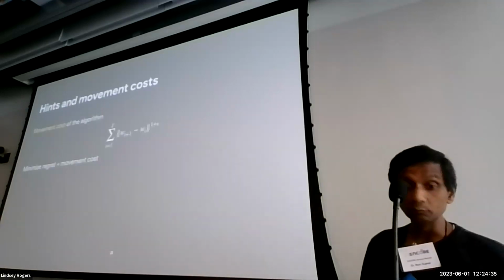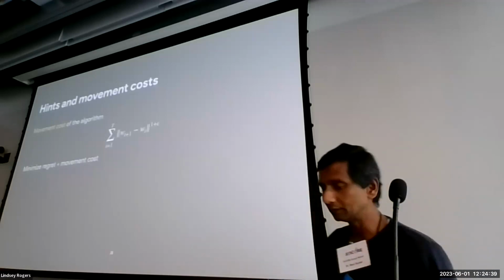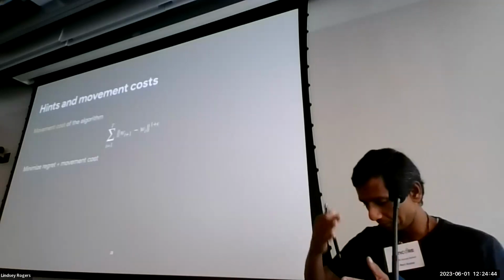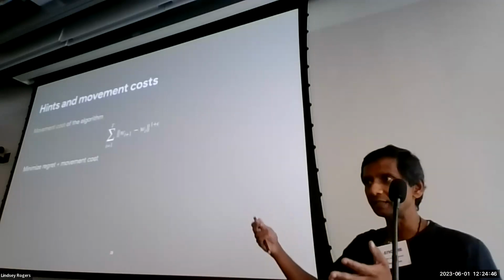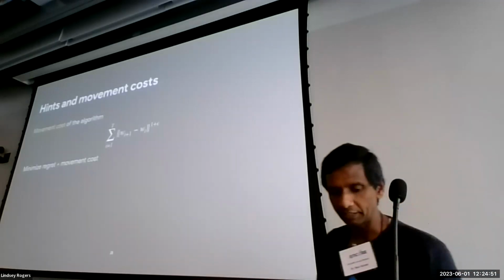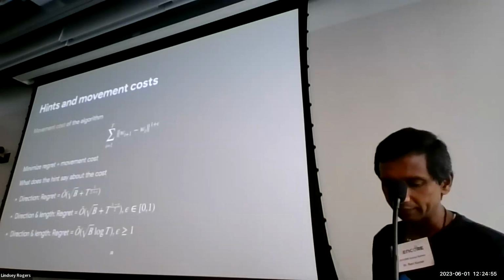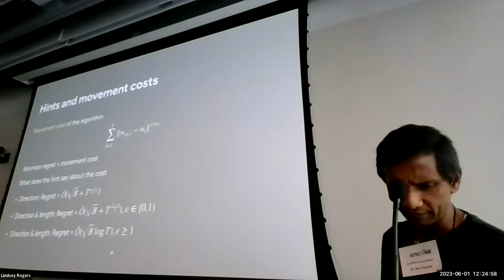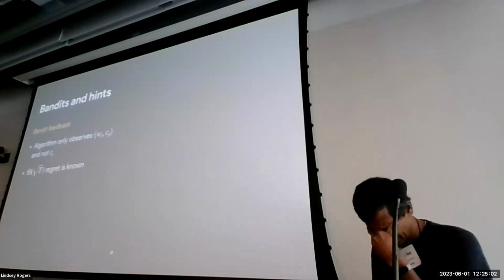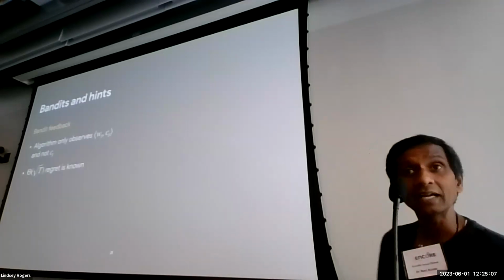This is a subsequent work that we did. And we also looked at movement costs. There are scenarios where you measure the movement cost of an algorithm. So the consecutive responses of the algorithm, the w_t's that they play, how much they deviate from one another is part of the measure. And you can get similar kinds of bounds depending on the hints that you get. This is from a couple of years ago. And then more recently, this work that's going to appear in ICML in a couple of months is where we looked at bandit feedback.